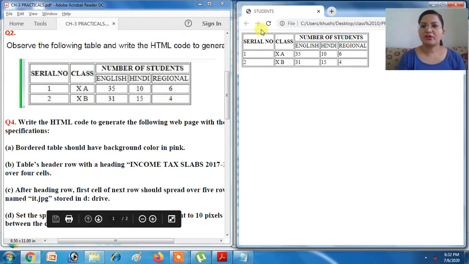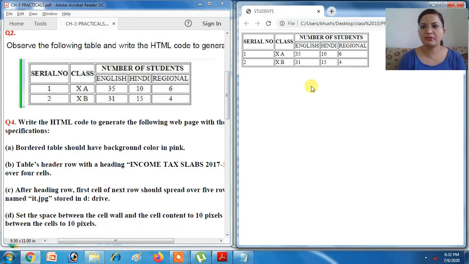You can use a shortcut key to refresh. Shortcut key is F5, and here this is the reload button. You can click on reload to load the page, to refresh the page. Okay, here you can see the content is in the center, and here the content is not in the center, so we have to write align center here.